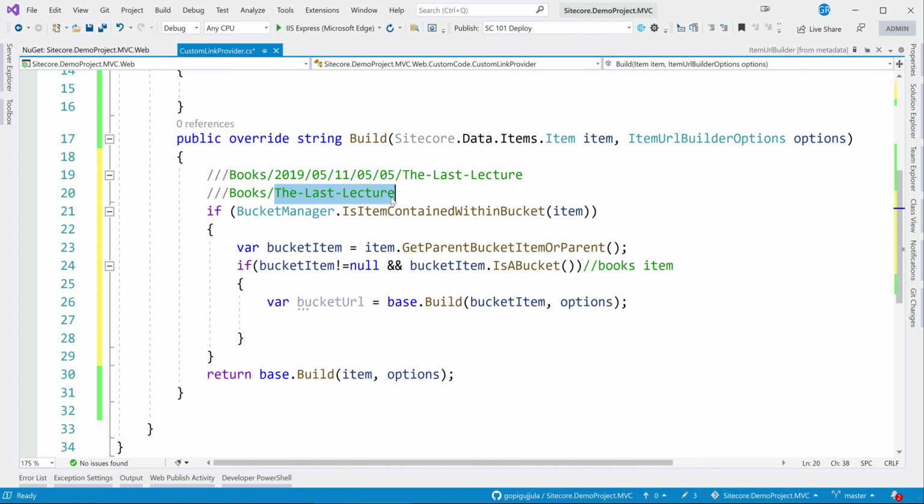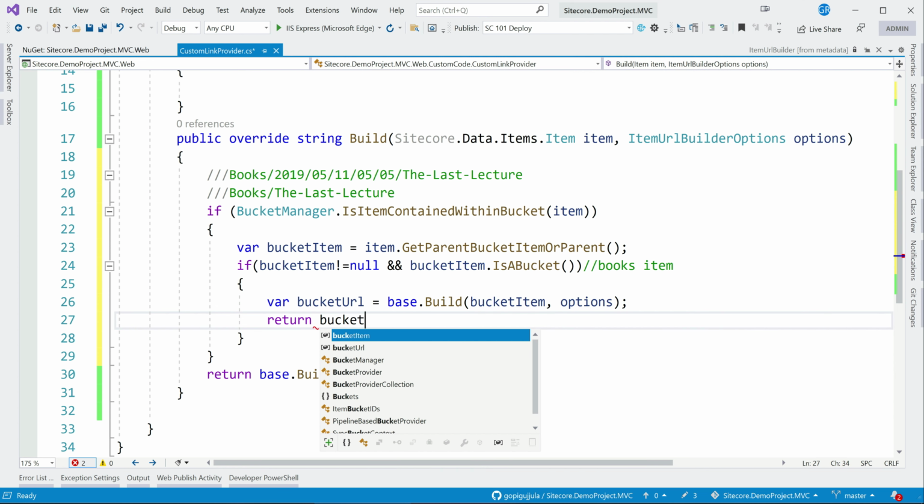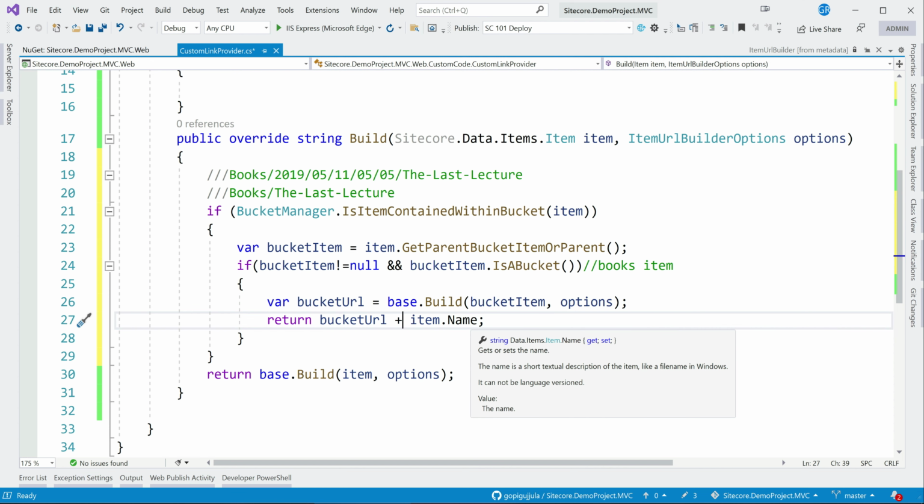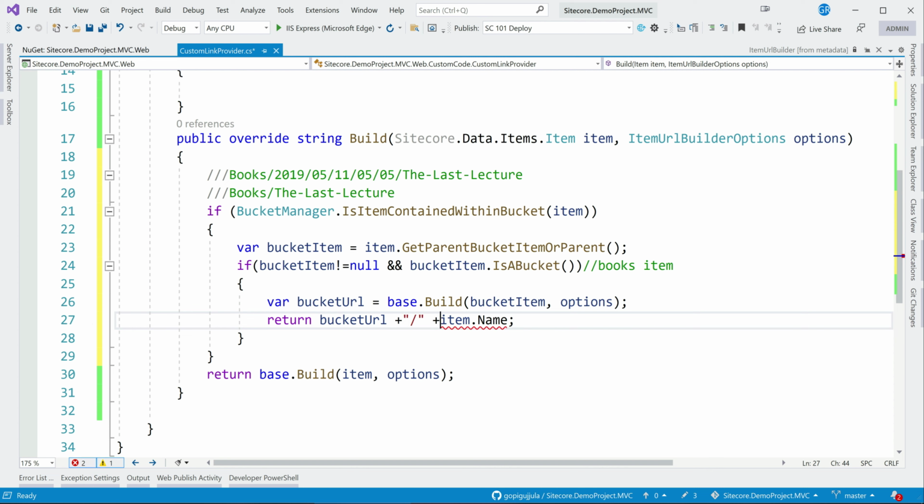So we can use something like this, return bucket URL plus the item name. So we can pass like this, but we need to append this and this, all this.